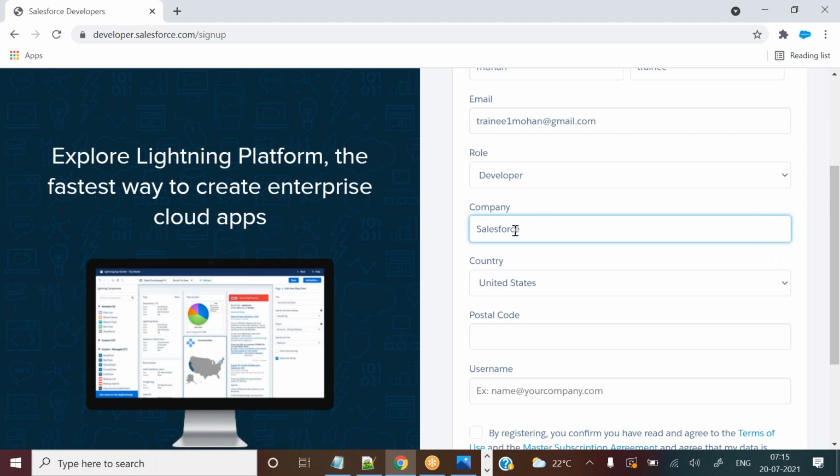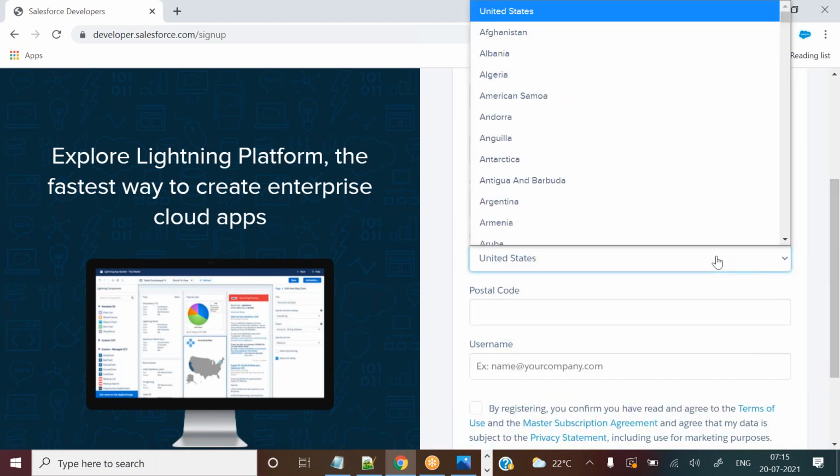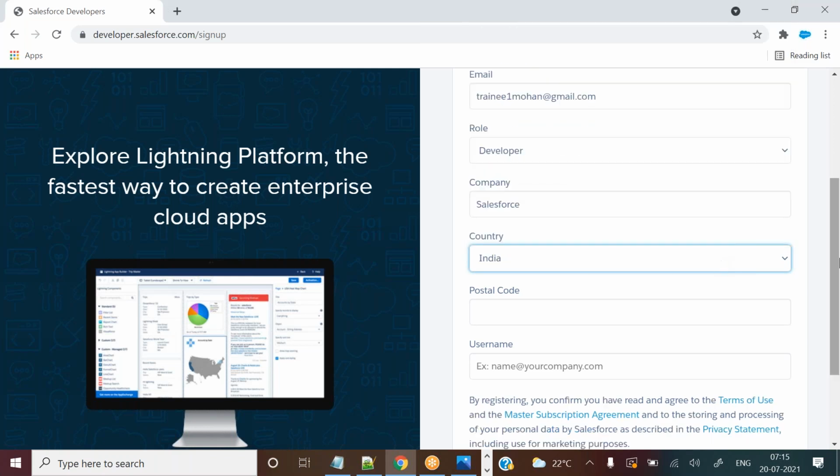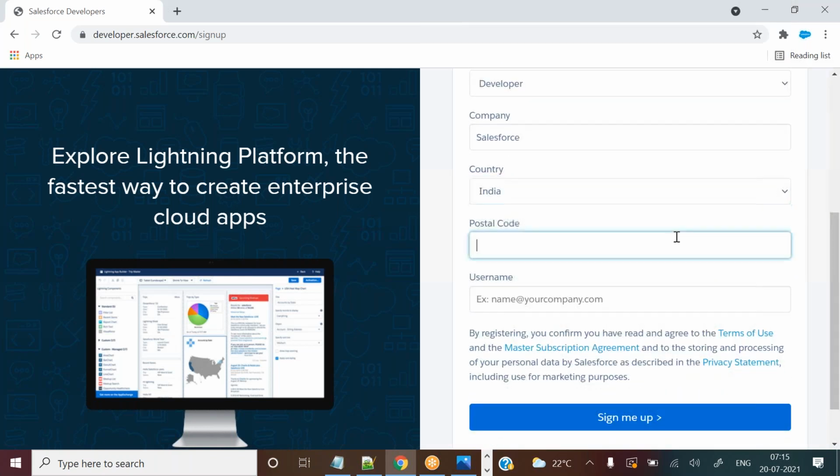After a few classes, I will explain what this company and this role are, where they are stored, and what the benefits are. Right now just give a dummy company or your company, not a problem. Now country India; if you want you can give US, not a problem. Postal code, anything you can give.